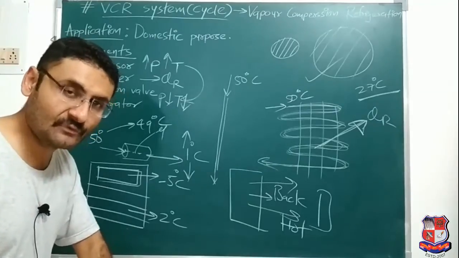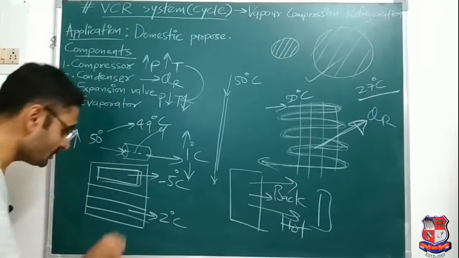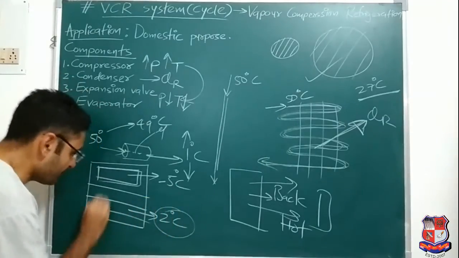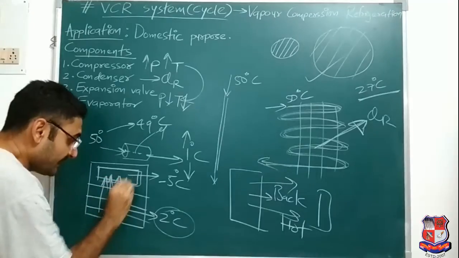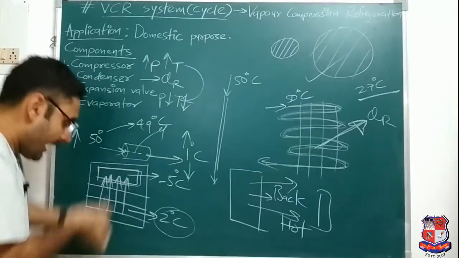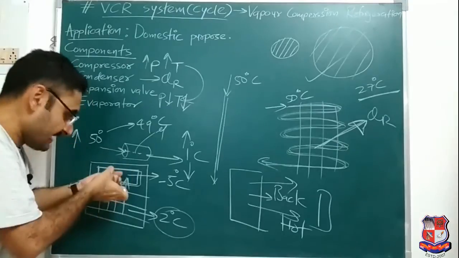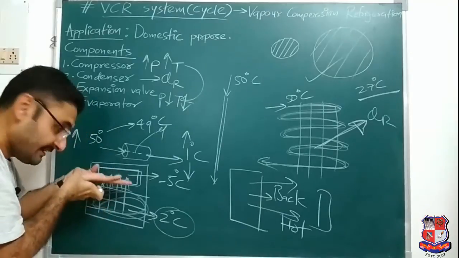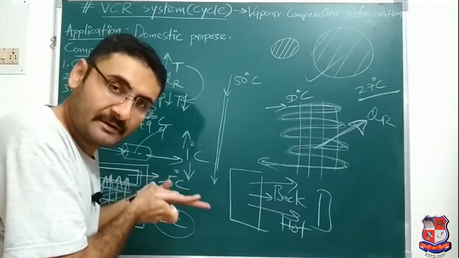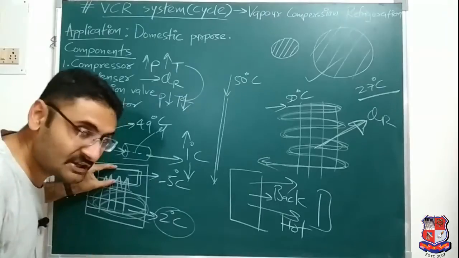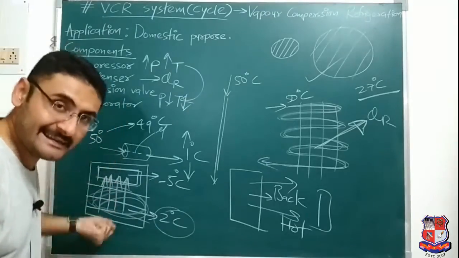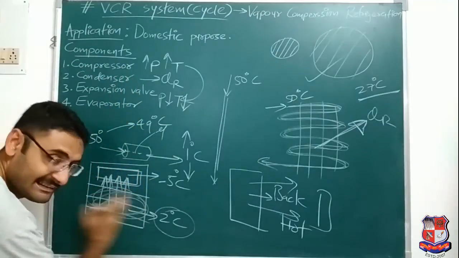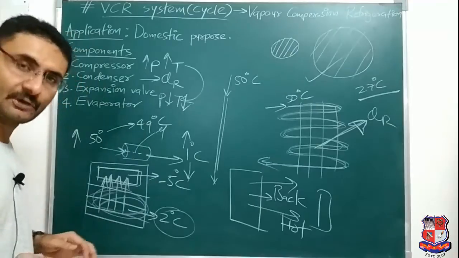Now heat will always flow from higher temperature to lower temperature. So over here heat will flow from higher temperature to lower temperature. That means heat will flow like this. That means the deep freezer will do what? It will absorb the heat, and once heat is absorbed, what happens? That space cools. That means the deep freezer is nothing but an evaporator. So evaporator means what? It is such a device which will absorb the heat and maintain the lower temperature of a remaining space. So that is your remaining space. Clear about the function of the evaporator?